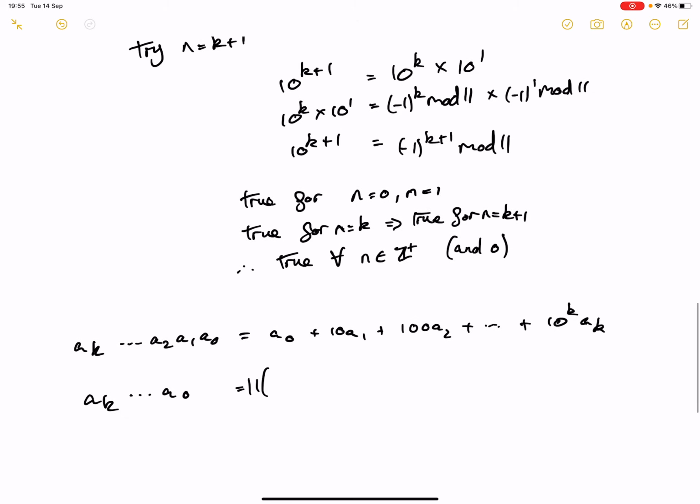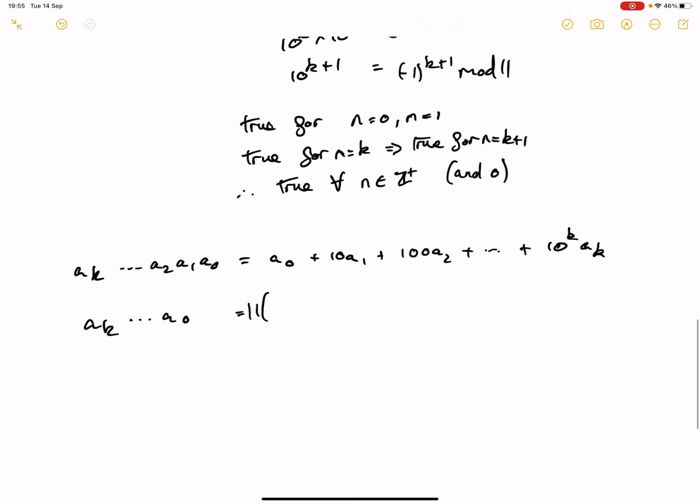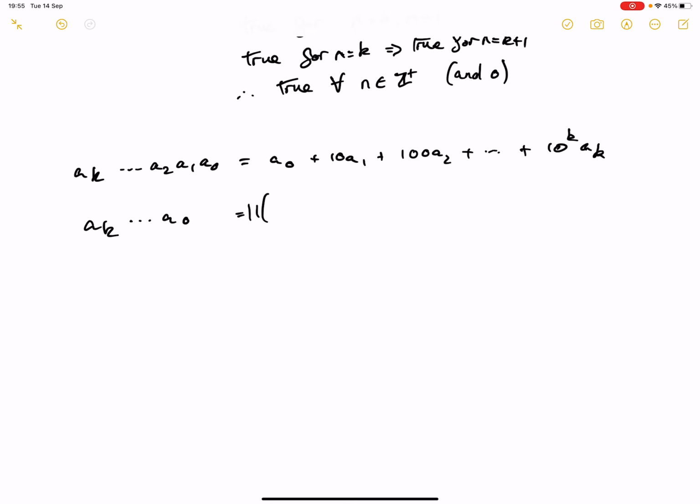Now remember how it's always going to be plus or minus the next multiple of 11. So for each power of 10, it's either going to be plus 1 mod 11 or minus 1 mod 11, which means we're going to be left with plus or minus a0 minus a1 plus a2 minus all the way to